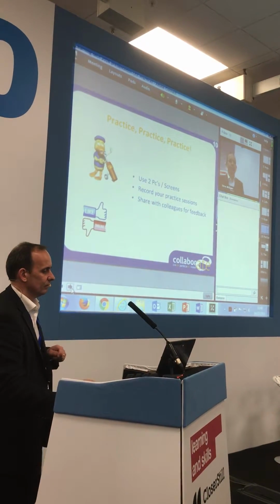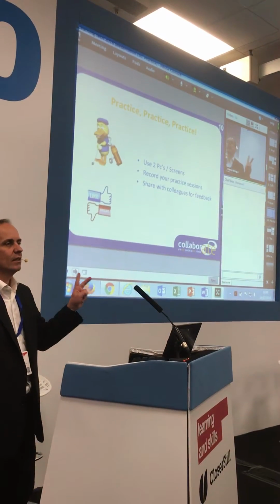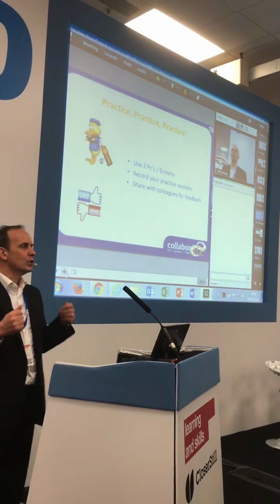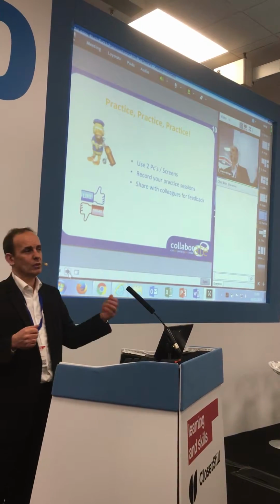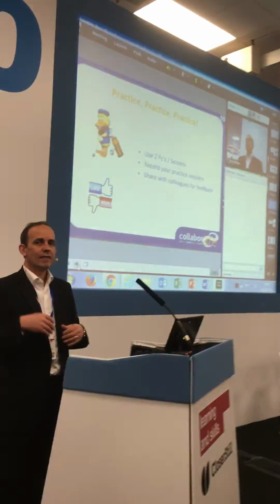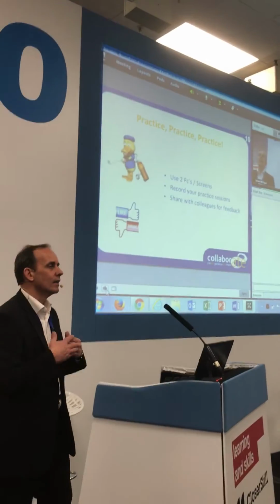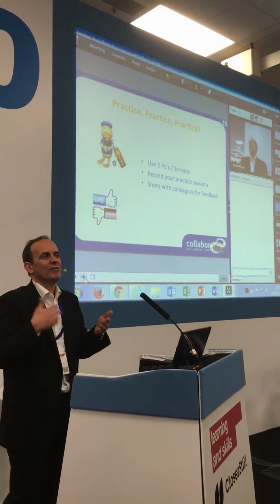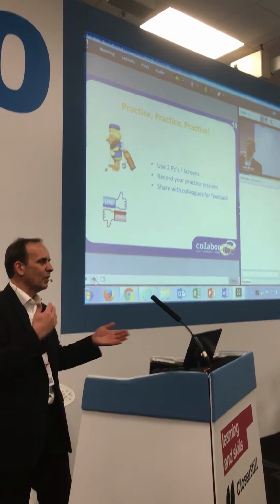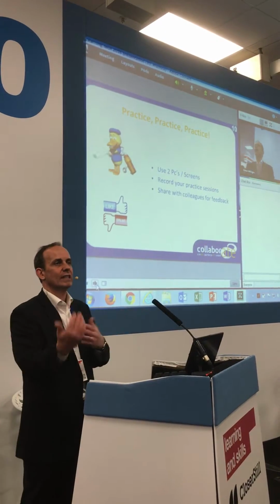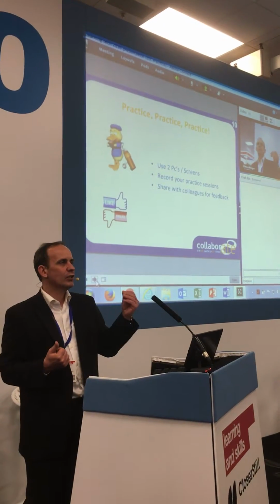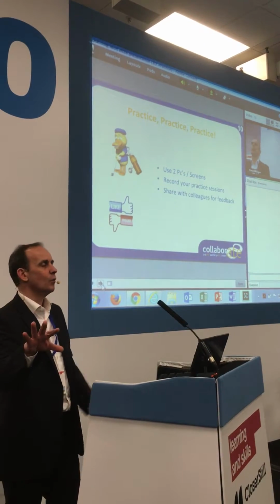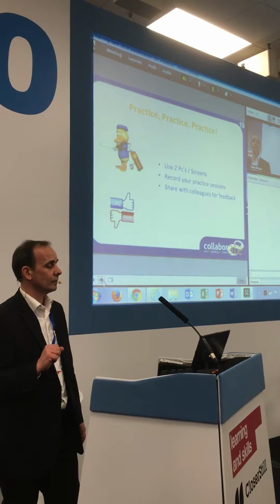Here are my tips. First thing is, either use 2 PCs, 2 screens, a PC and an iPad, whatever it may be. But join one as the trainer, the host, the presenter, whatever you like to call it, and the other one as the participant. And go through your virtual classroom like you would be delivering it. You don't have to actually go through the words and the presentation and that kind of stuff, but actually go through your activities. And make sure you understand that what you're doing as a host is being delivered the way you want your learners to see it.